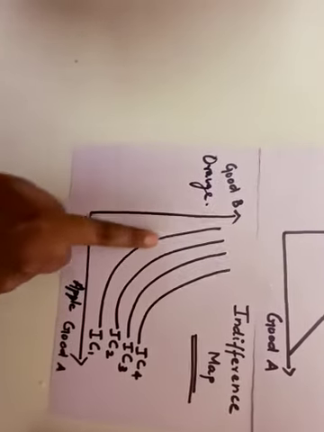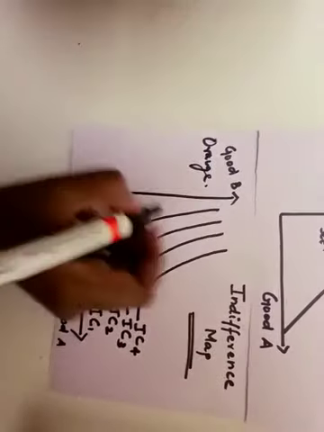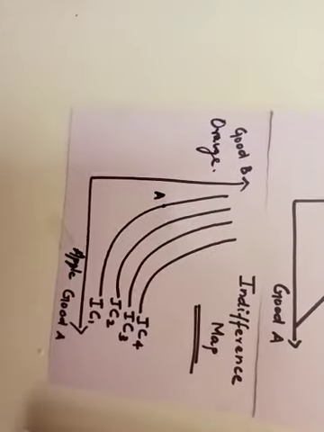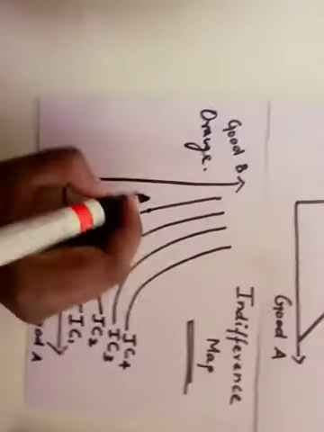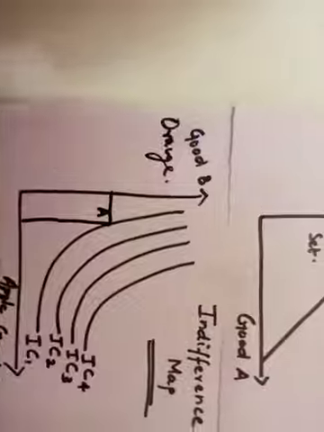Suppose you are consuming at IC1, at point A on IC1, you are getting some amount of satisfaction there. This is your satisfaction. Okay, so this much